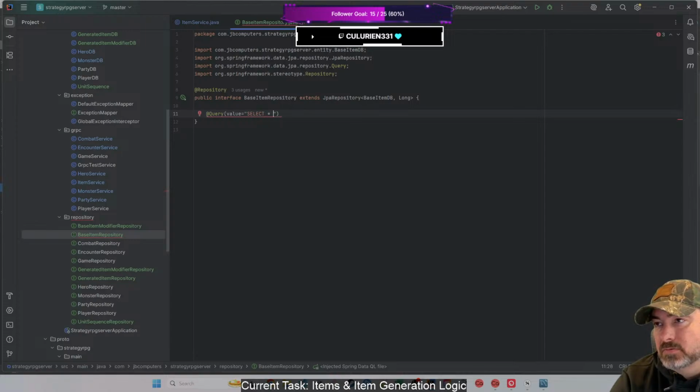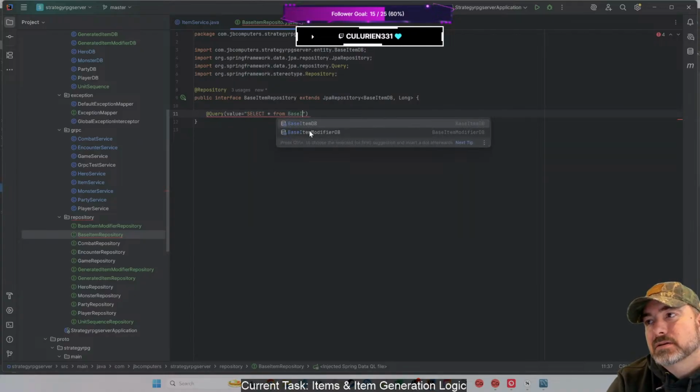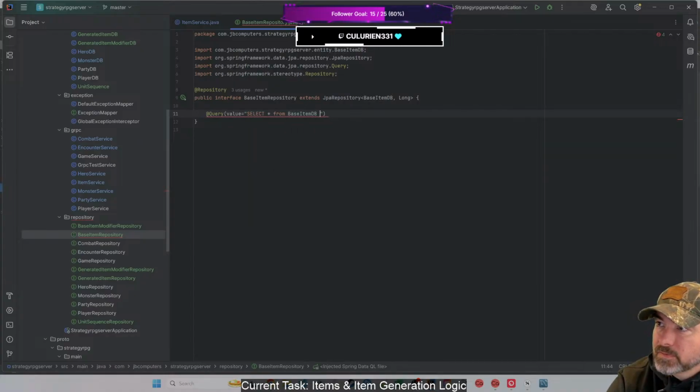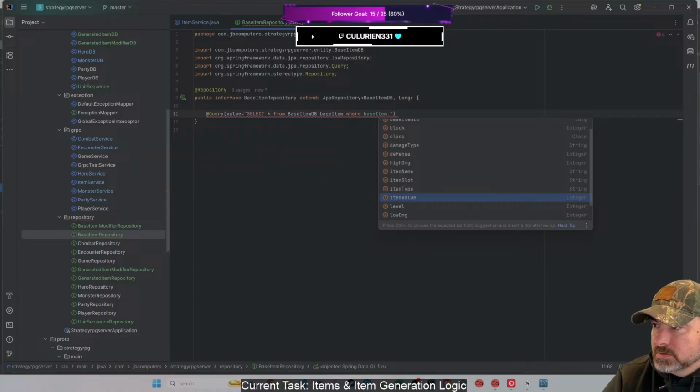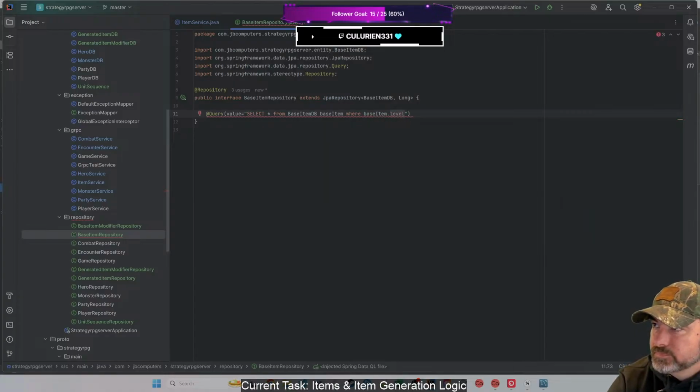So I'm going to select all rows from, and this needs to be the name of the class. So it's base item DB. We'll just call it base item. Where item dot level between